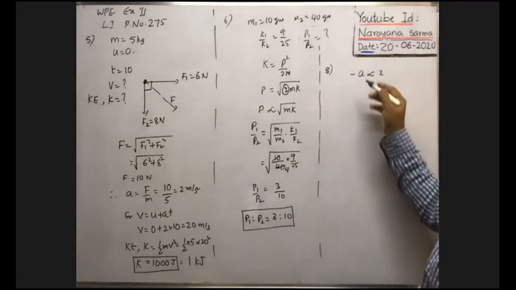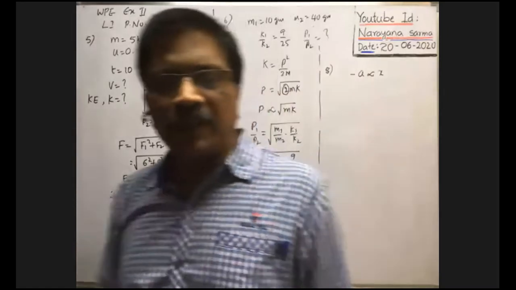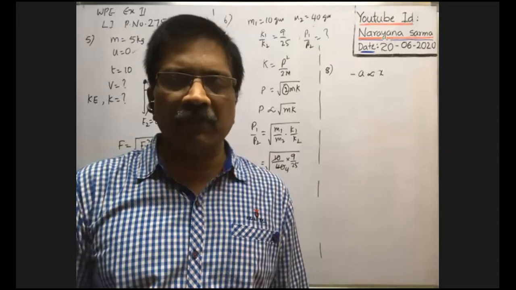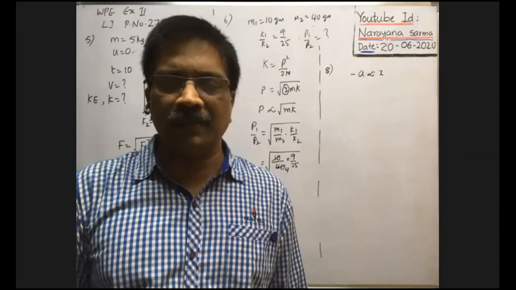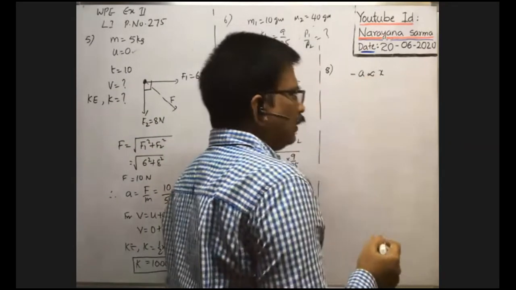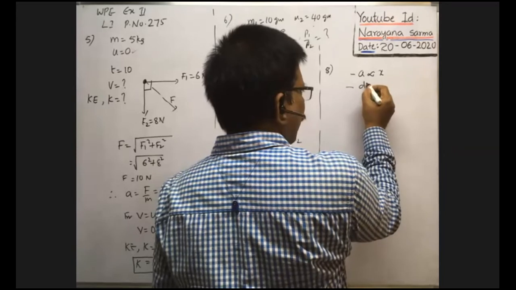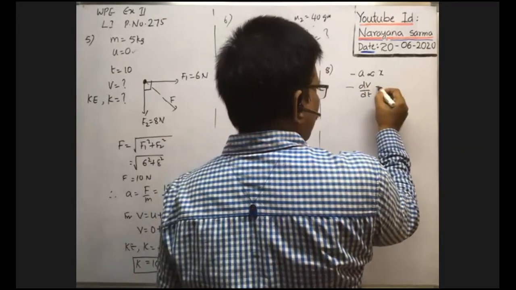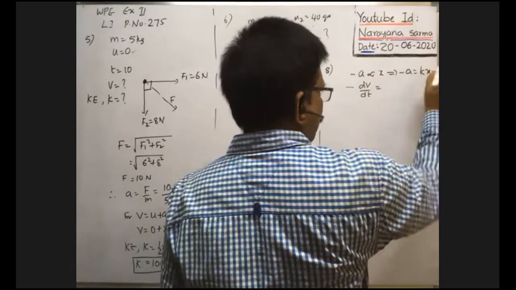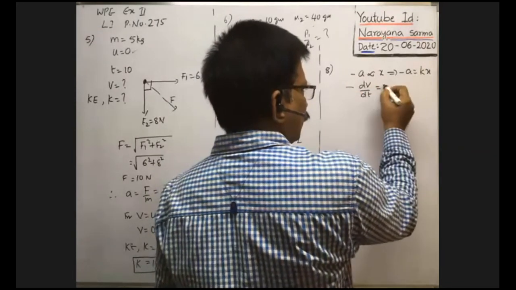Here, how can we write acceleration in terms of v and x? How can we write acceleration in terms of velocity and displacement? Of course, dv by dt we can write. Here the acceleration continuously varies with the displacement, so it is variable acceleration. In general we know acceleration means dv by dt. This implies minus a is equal to some constant k into x. Now a can be written as dv by dt, so minus a is equal to k into x.